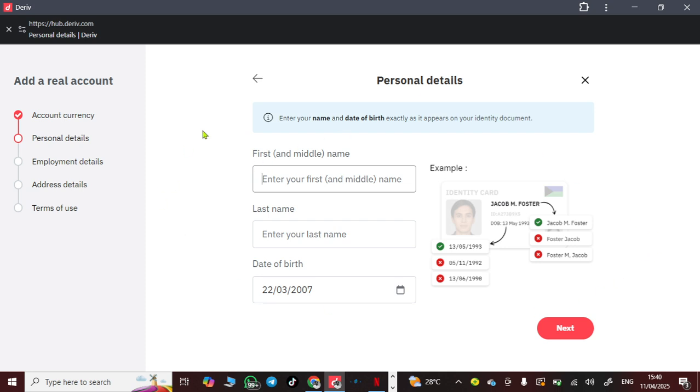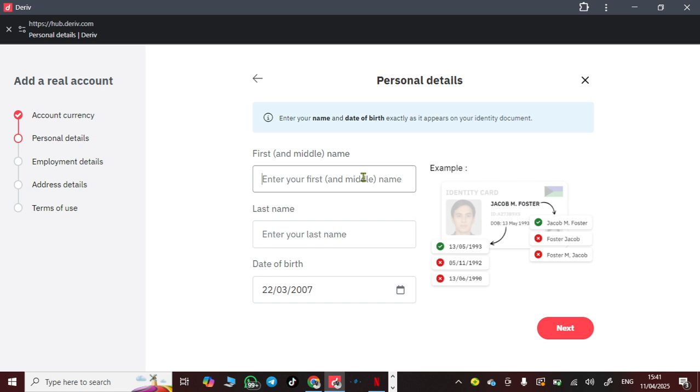You will need to fill in your personal information, which appears on your national ID, or maybe on your driving license, any official document you have. The names must be in the order they have suggested here. Don't change the order, because in case you change the order, they will reject. They are saying you put the first name first, and then the middle name. The name for this person is Jacob Foster. If that's what's appearing on my identification card, I will put Jacob,